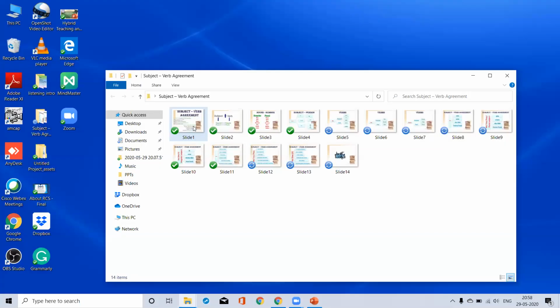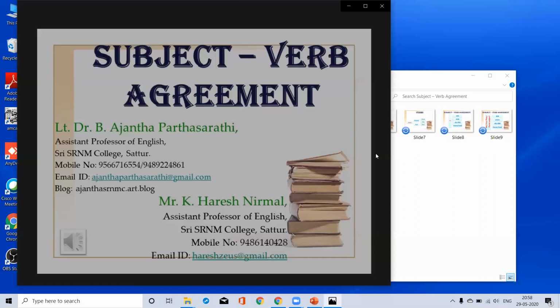So these are the files converted into JPEG, into image files. These are simply my individual slides, but it is in the format of JPEG now.